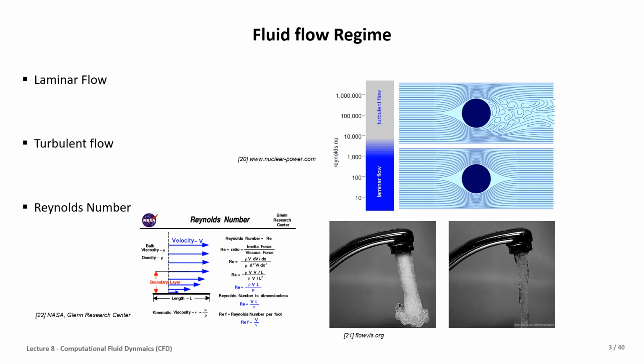In this slide, you can see its equation, which is a ratio of the inertial force to the viscous force. When the viscous force, in contrast to the inertial force, has a smaller difference, the flow is laminar. But when the viscous force gets a very low value, the flow will be turbulent. In turbulent flow, the viscosity is too low, but in laminar flow, the viscosity has an effective